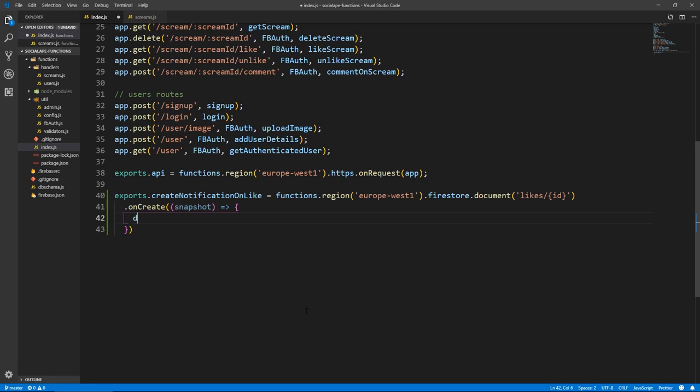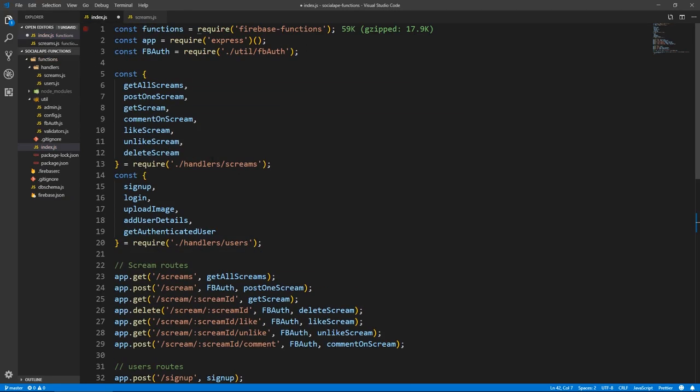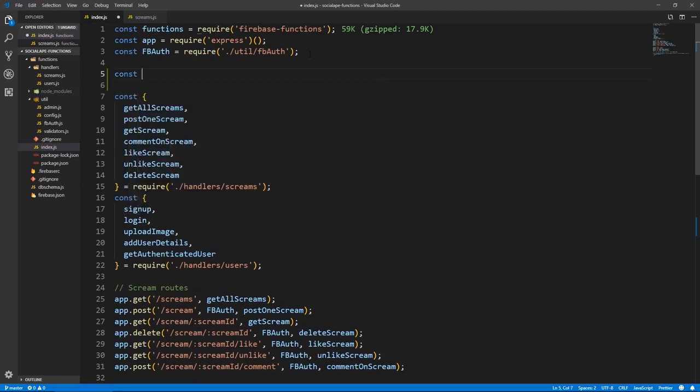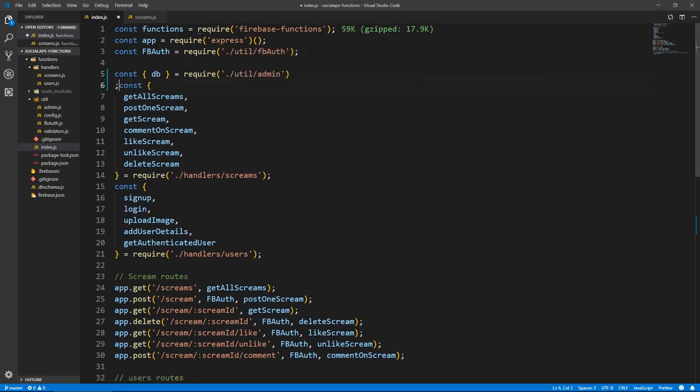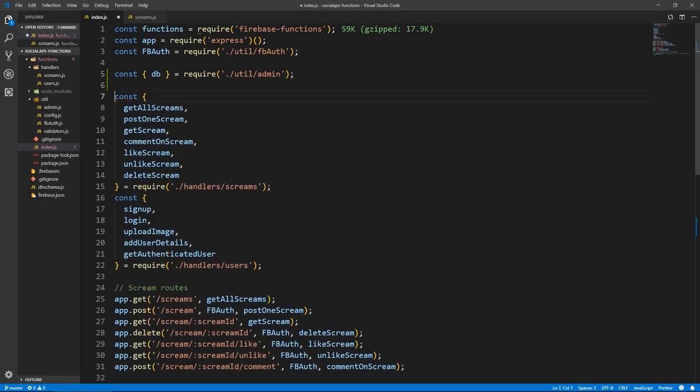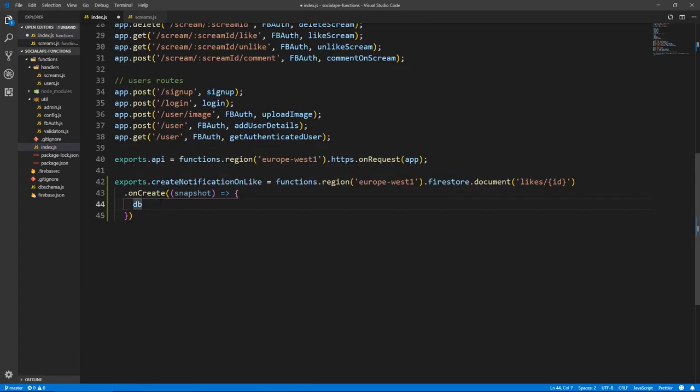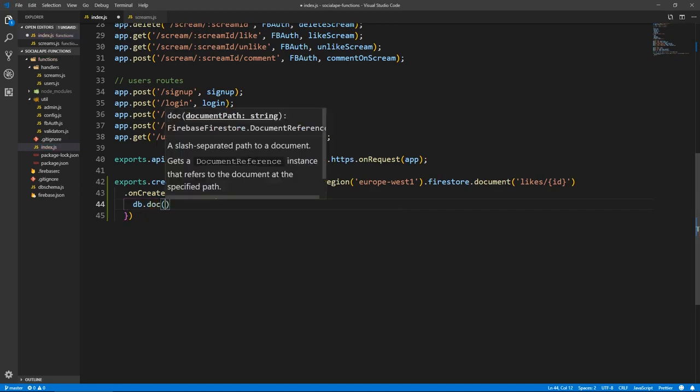So inside of here, let's do db. Oh, we can't do db because we haven't imported it yet. Let's import it. So const db equals require, and if you remember, this is in the util, so dot slash on the same level, /util/admin. Okay, like this, and here we do db.doc and backticks /screams/